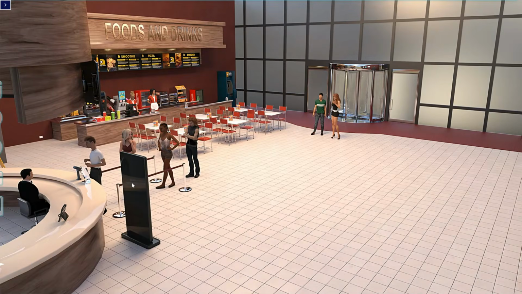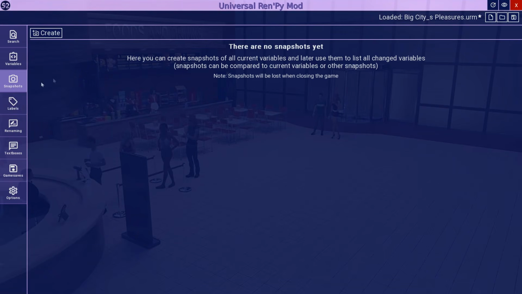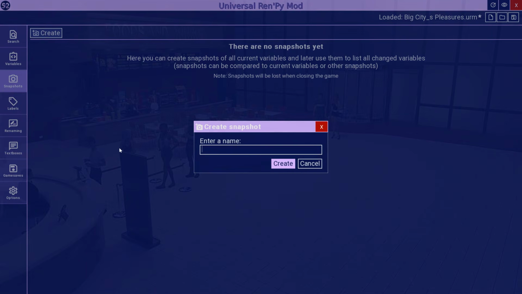Another powerful feature to find variables is by using the Snapshot feature. You can make multiple snapshots and compare them with each other, even across different saves. Here we are currently at the start of a scene and want to know what variables change during it. So we take a snapshot at the start,